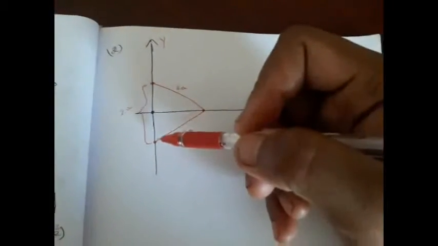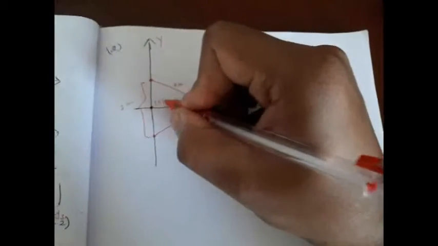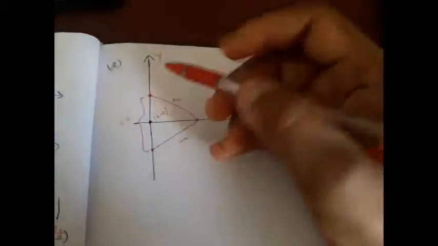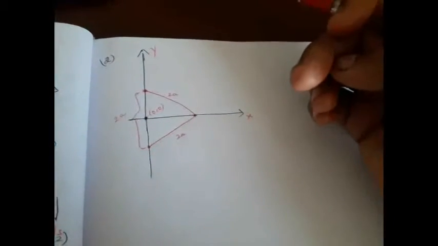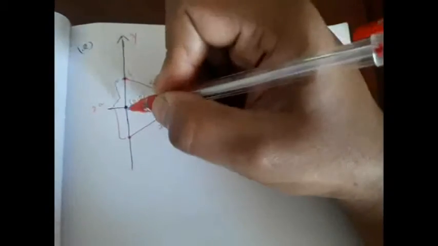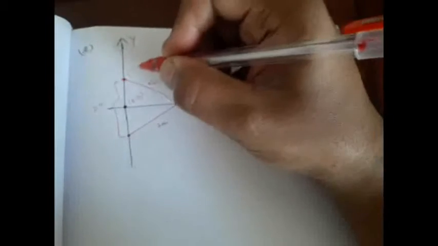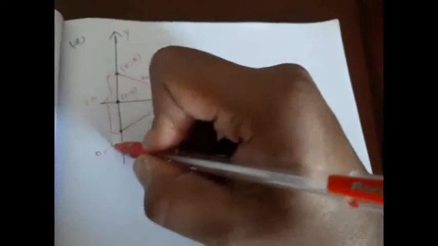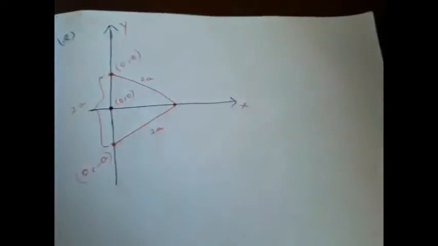So this is that equilateral triangle, the base lies on the y-axis and it is given each side is 2A. Therefore, this is the midpoint which is given. Origin is the midpoint. So if the side is 2A, what will be this length and this length? This is also A, this is also A. Then only we will get the full length as 2A, right? Obviously the vertices of this is going to be, since it lies on y-axis, your x coordinate is 0. So this is going to be 0 comma A and this is going to be 0 comma minus A, which is the negative y-axis, right?